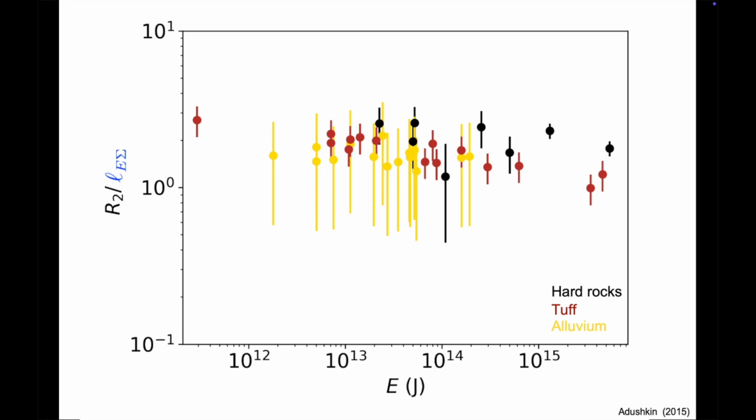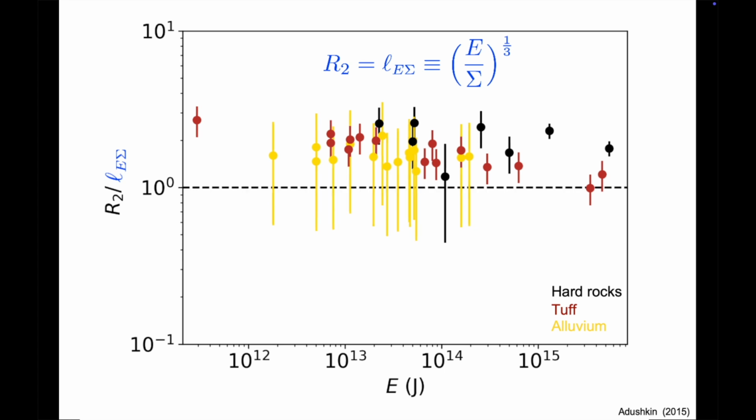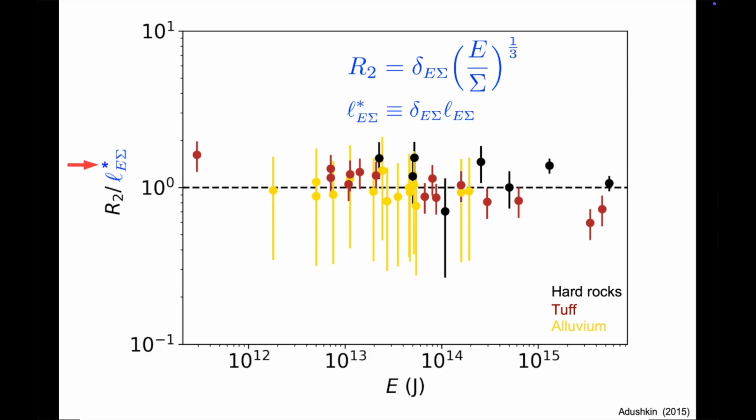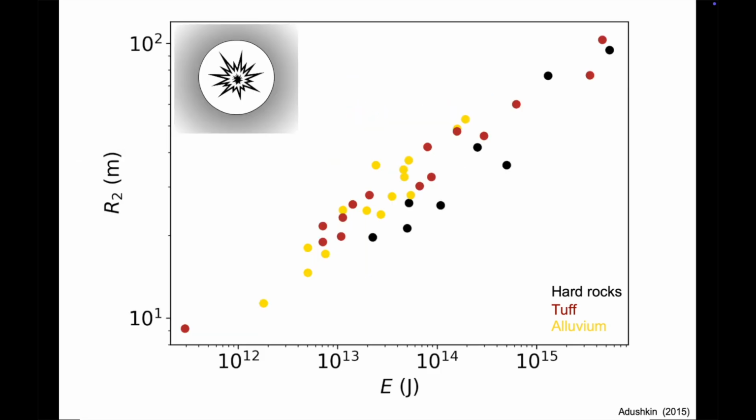If the radius of a cavity was precisely equal to the simple length built from the energy and bulk modulus, then the data points should be on the line of ordinate 1. However, as is often the case, the scaling actually includes a numerical correction, here around 1.7 on average. We added a little asterisk to the unit on the vertical axis to indicate that it takes into account the numerical factor. So overall, the radii of these underground cavities carved out by explosions do seem to broadly follow the scaling pairing energy and elastic modulus.